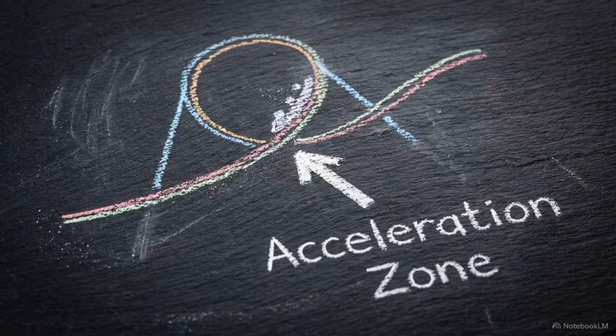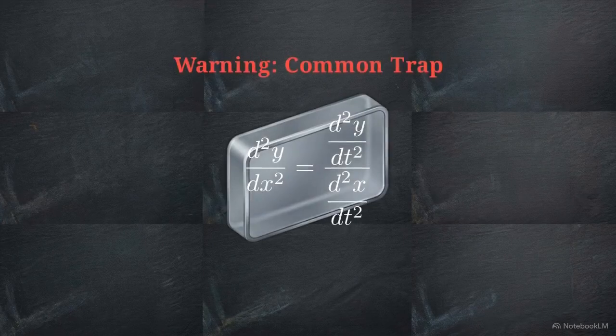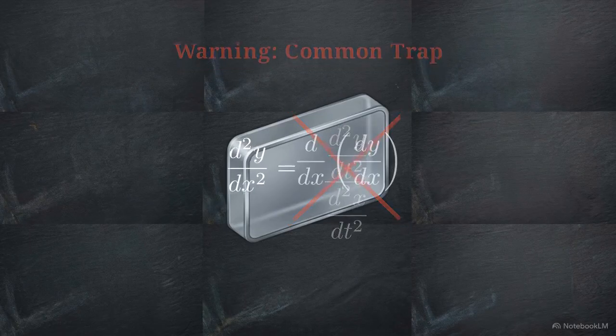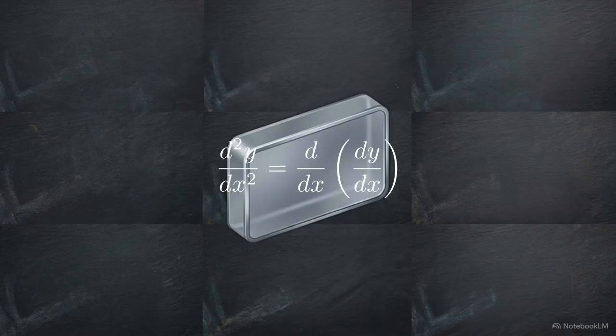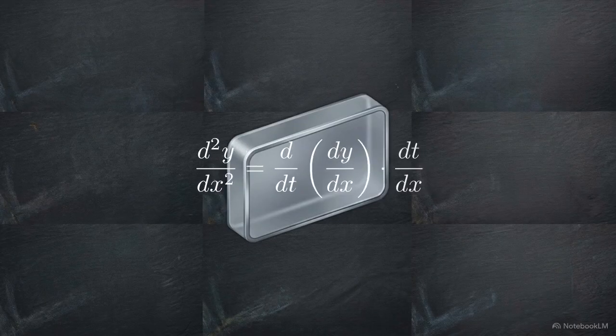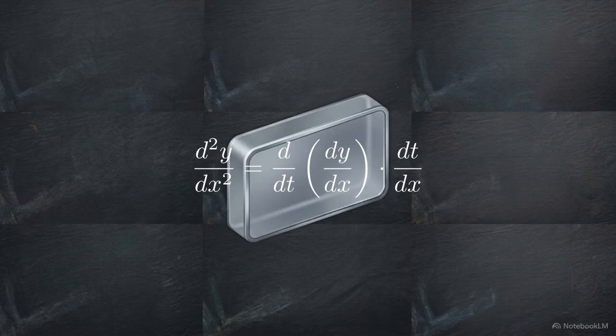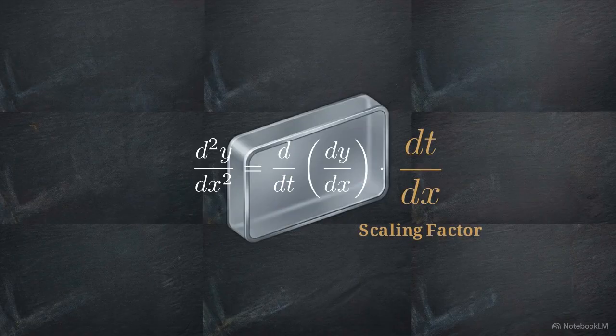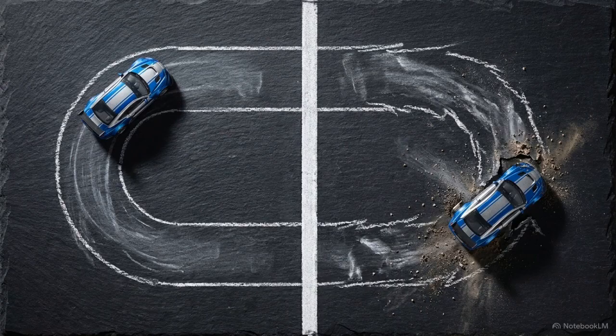The process grows more complex when we calculate the second-order derivative, which defines the physical curvature and the acceleration along the path. It's tempting to assume the second derivative is simply the ratio of separate time derivatives. Since the first derivative remains a function of t, we differentiate with respect to time first. The chain rule then requires multiplying by the scaling factor dt over dx. Ignoring this nonlinear scaling factor mathematically erases the true physical curvature from the model, leading to inaccurate predictions of pathing